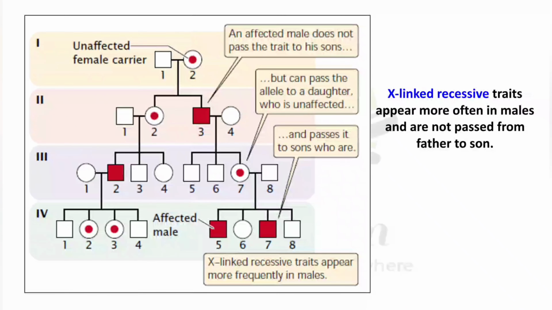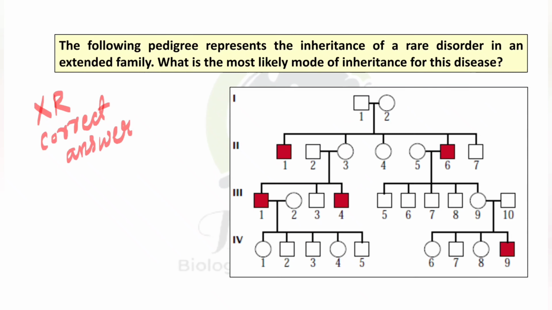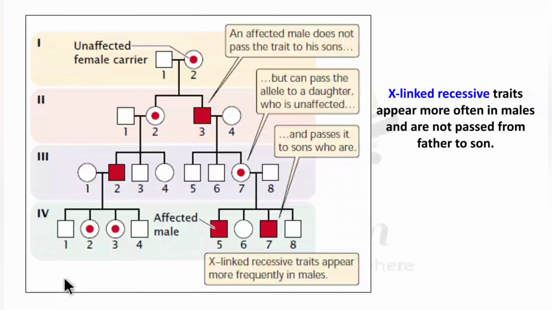Now this is a chart of how X-linked recessive traits look. X-linked recessive traits are not prone to occur with equal frequencies in both male and female. It does not happen that an X-linked trait appears equally in male and female. Instead, the males are more prone to the disease. In the inheritance pattern also, you can see females are unaffected and males are affected. So the inheritance pattern showing was X-linked recessive because it appears more frequently in males than in females.